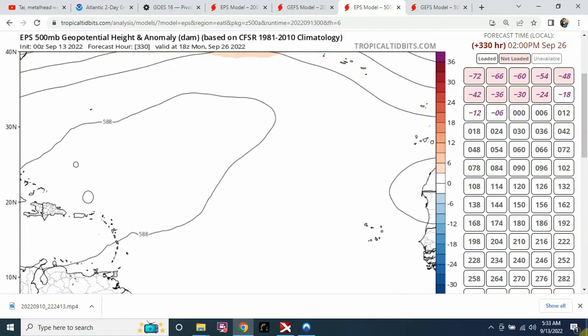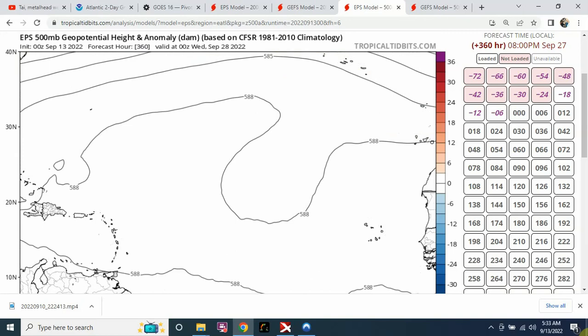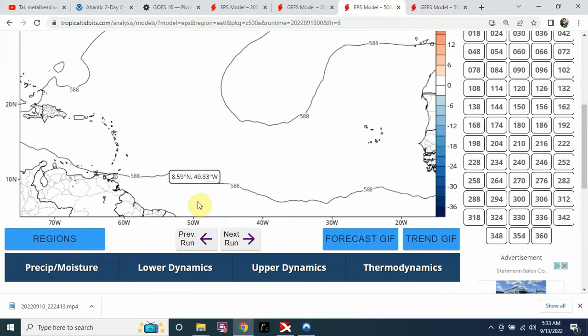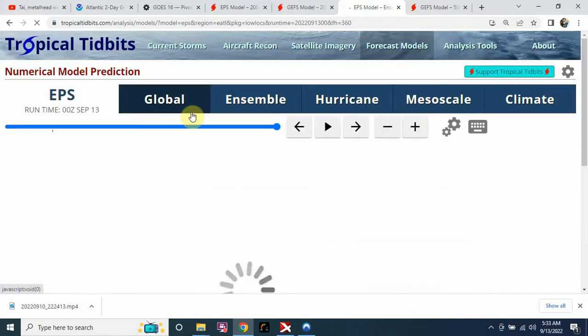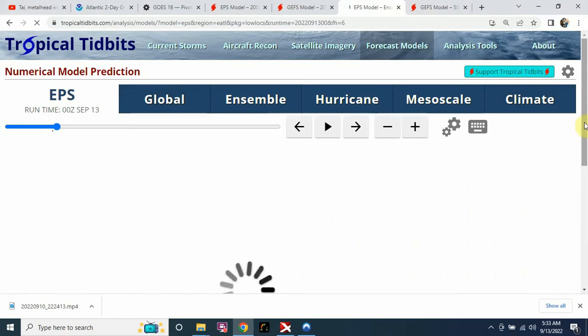But actually with the Euro here, it's still the same thing. Plenty of pieces of energy, but no real lock on anything major going on just yet. We'll have to keep watching it, but we'll go ahead and go to the ensemble members, because this will sometimes give us a slightly better idea versus